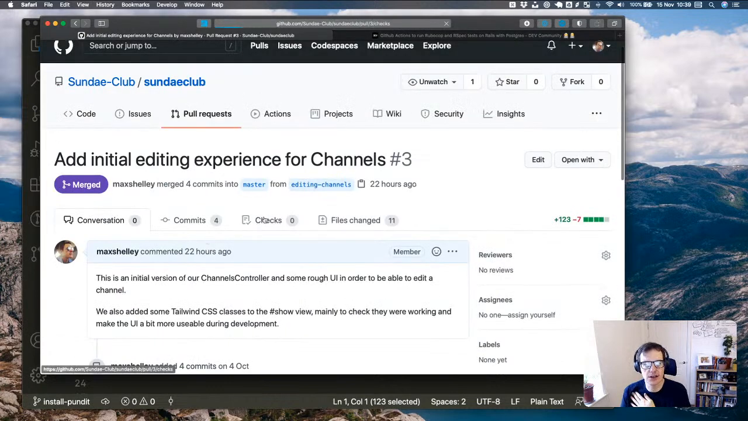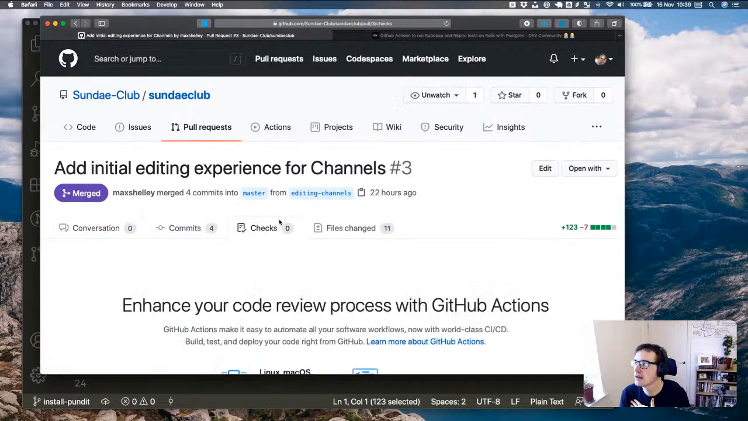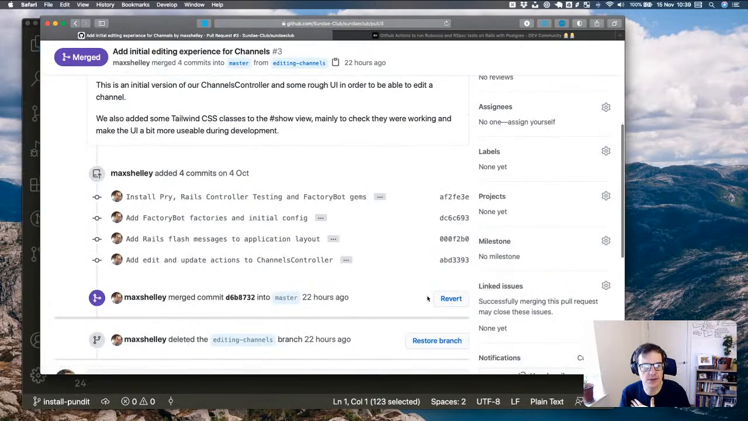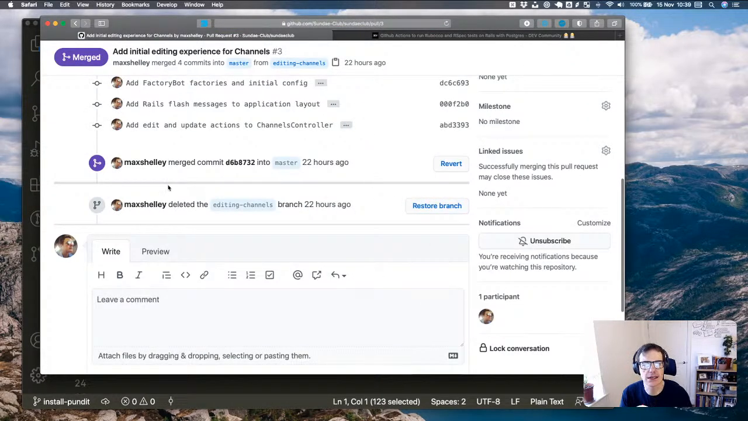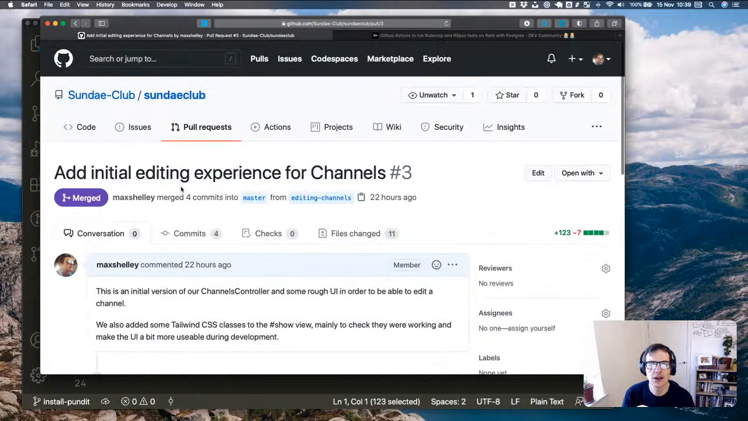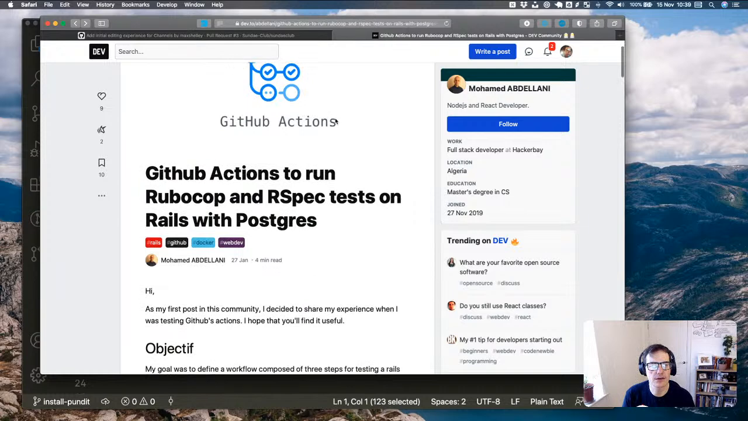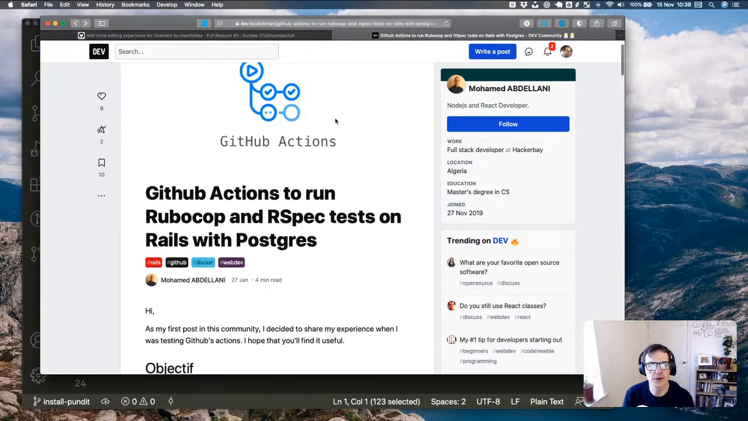So under this checks tab in the pull request, there's nothing here. And when you make your pull request, there was no green tick to show that the build had worked or anything. So I Googled really quickly yesterday, and I found this post on